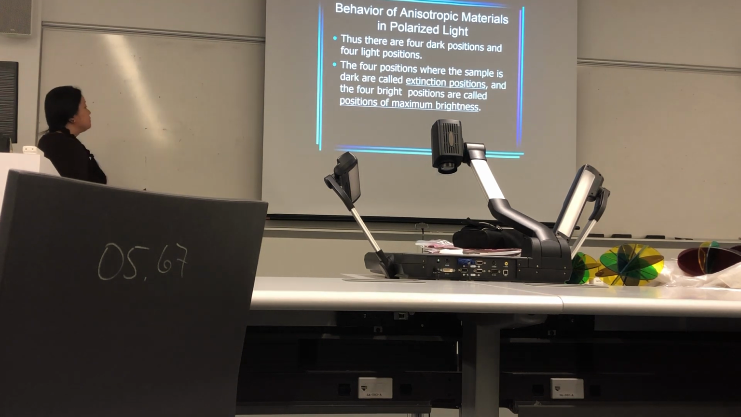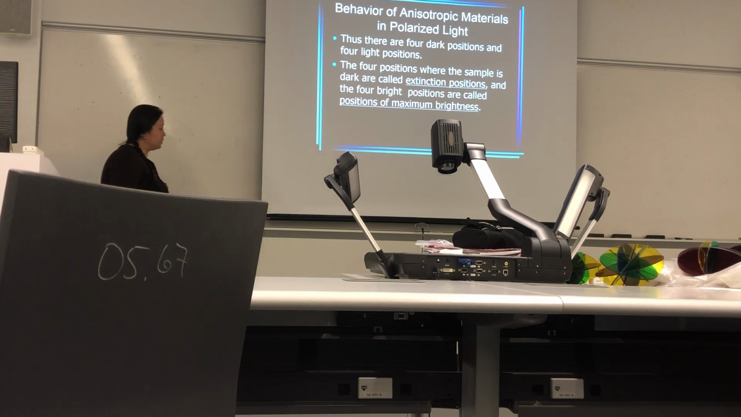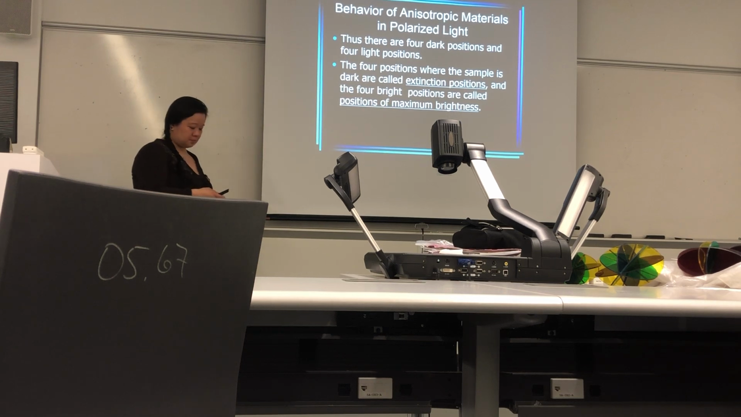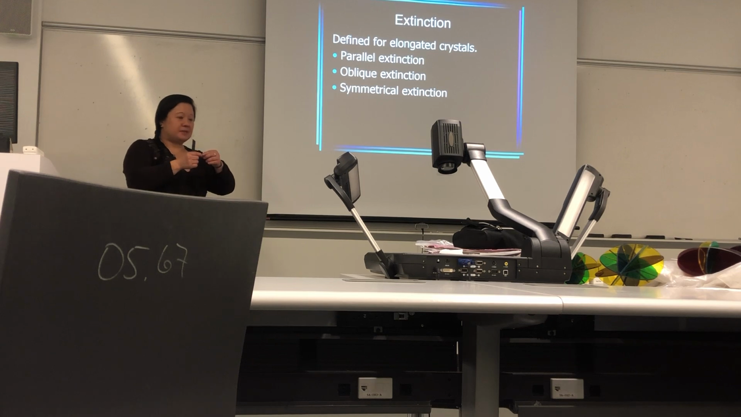Okay. The 4 positions where the sample is dark are called extinction positions because all the light is being extinguished. Extinction, okay? All light's being taken out of the picture. And the 4 bright positions are called positions of maximum brightness, okay? So extinction can only be defined for elongated crystals because of parallel, oblique, or symmetric